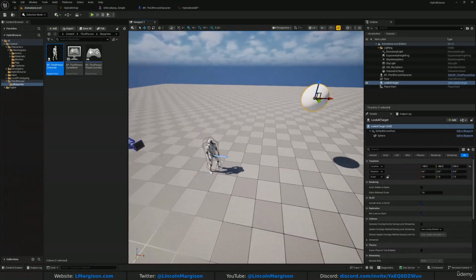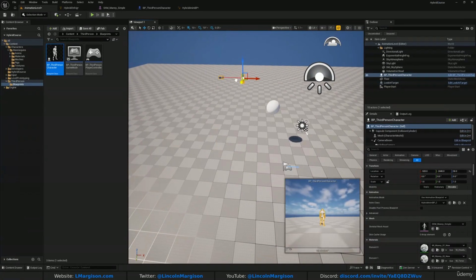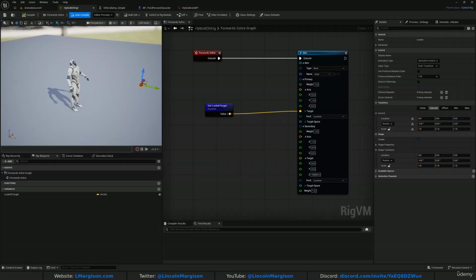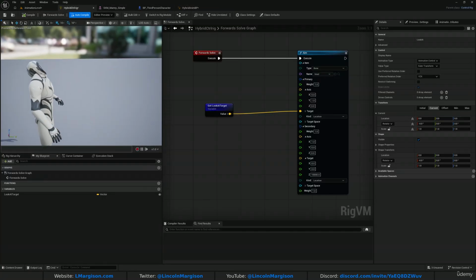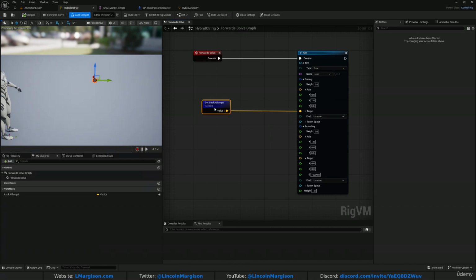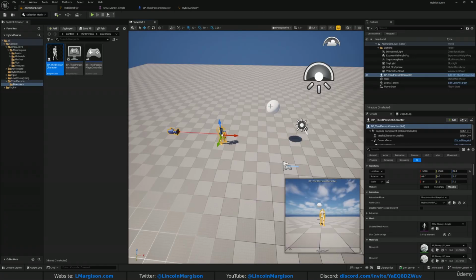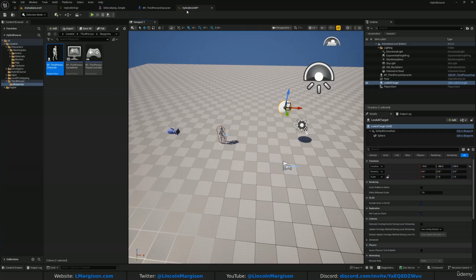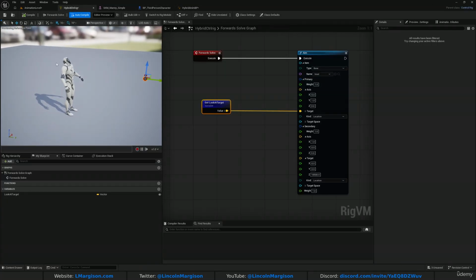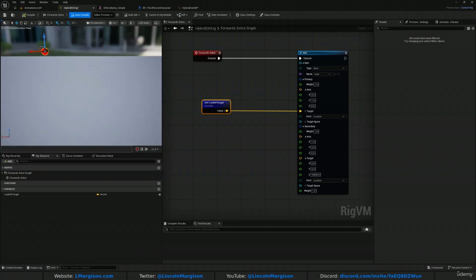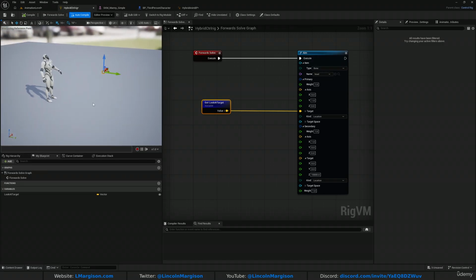It doesn't know where the character's actual position is. That's not relevant to it at all. All it cares about is what's going on relative to the rig, which is the character mesh. So instead of just having this look at target, which is a value in world space of this object, we want to make that a value that correlates to rig space, so make it relative to the character's world coordinate system. So what we do for that is we just drag out from the look at target